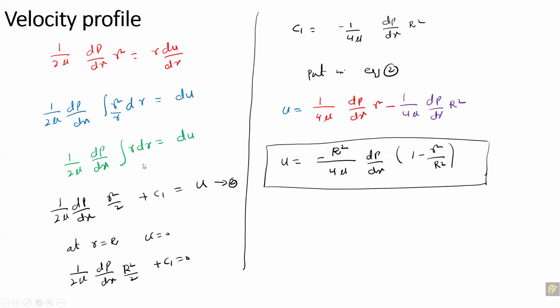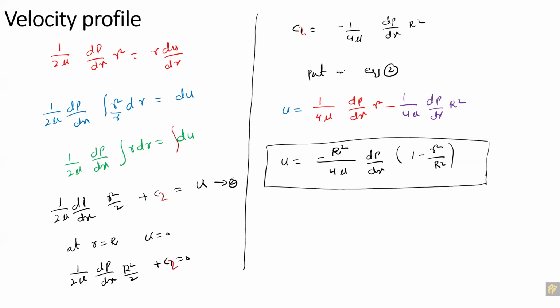So the integration of du will be equal to simply u. And again, we have to put the integration constant, so you can make it C2. Okay. Because C1 was already used in the previous slide, so let's make it C2. So now integrating this one will give you r square upon 2. So 2 times 2 will be 4. That's why we write this as 1 upon 4 mu, dp by dx r square plus C2